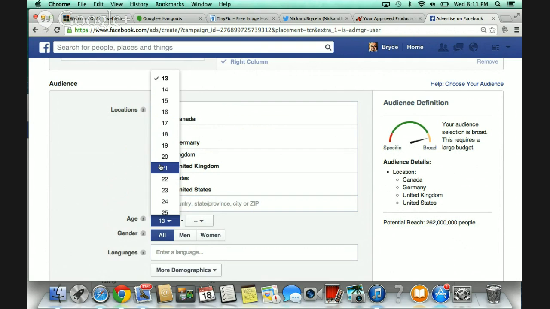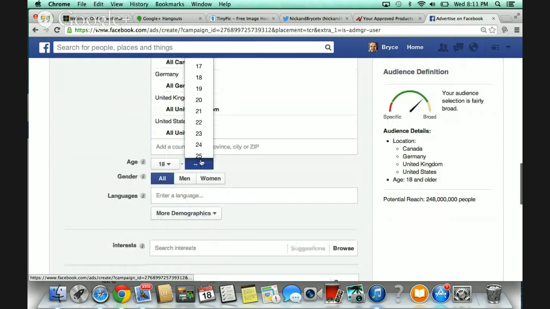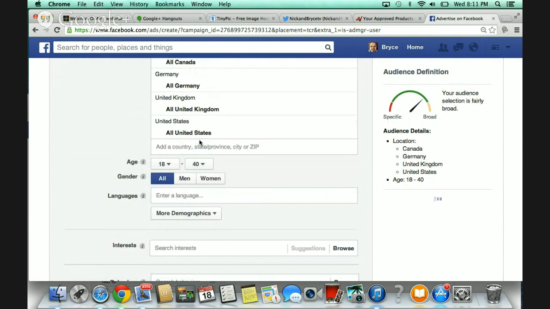You can literally bring it down to, I only want people who are 18 and up. Let's say you're doing something hip, sporty, and you just know nobody over 40 is going to buy your stuff. You just know that. Look at this now. Look at 154 million people. Exactly. And now we're in the green.